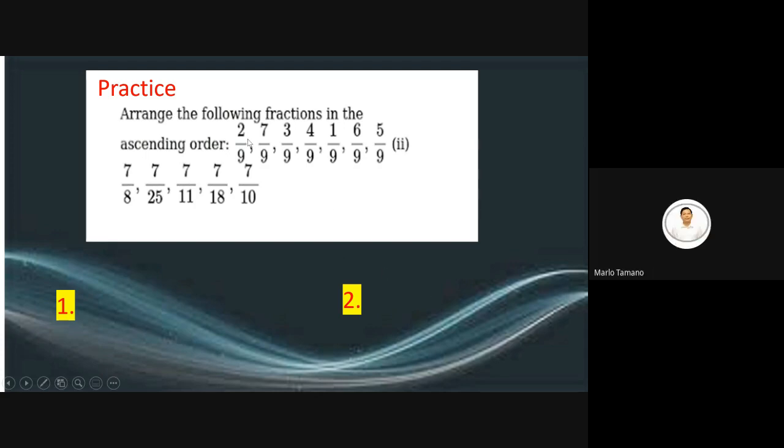Okay, so 1 po ang mauuna. Yan po ang pinaka maliit. Naintindihan? So, 1 over 9. Pangalawa,